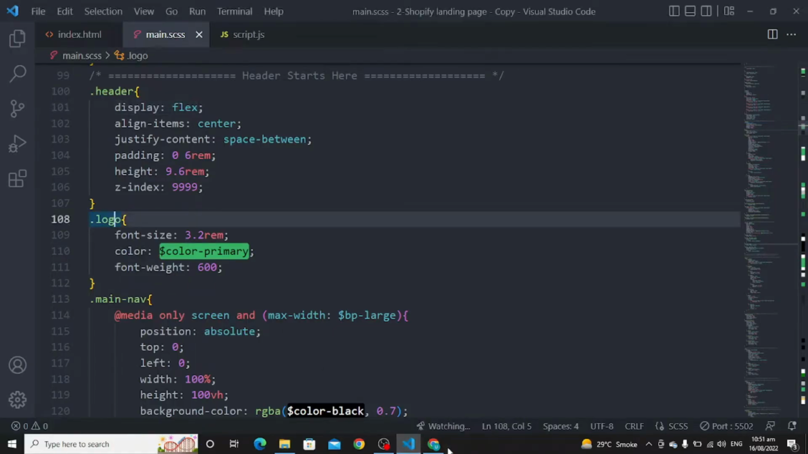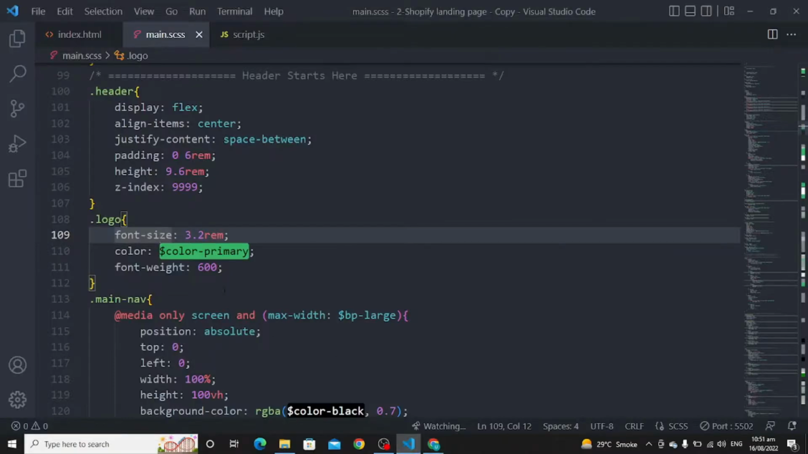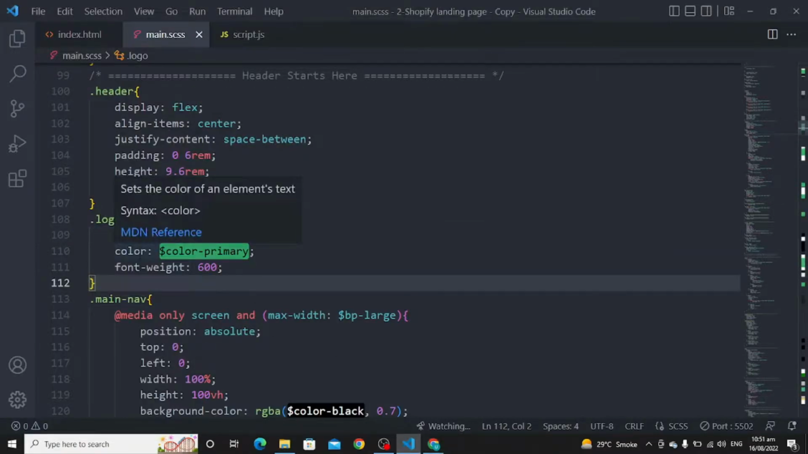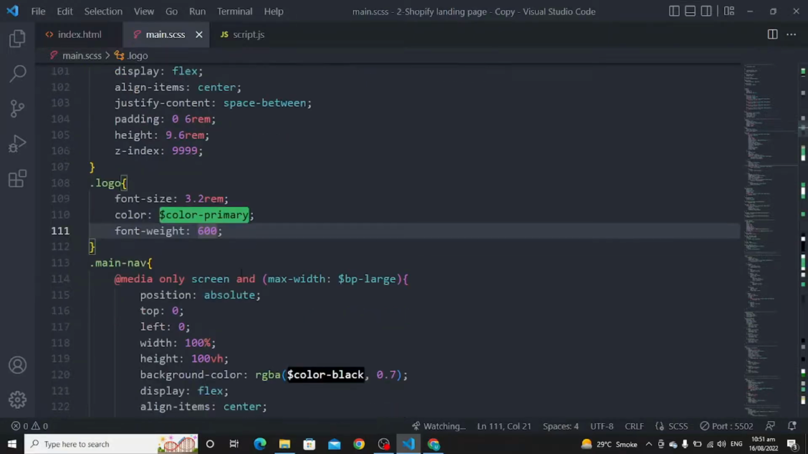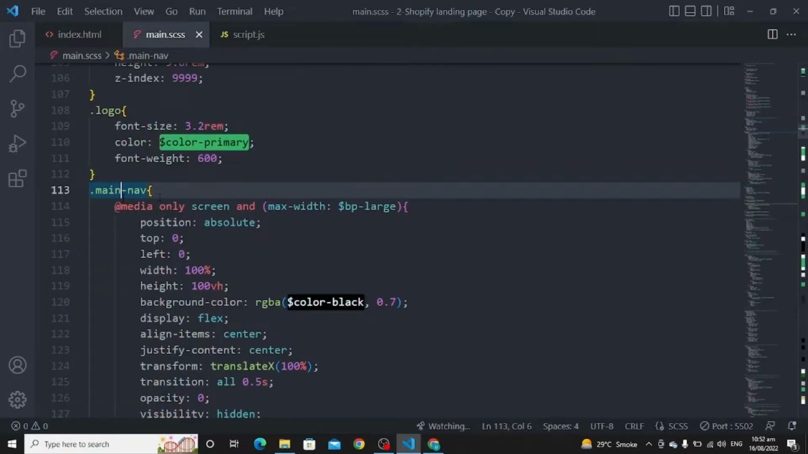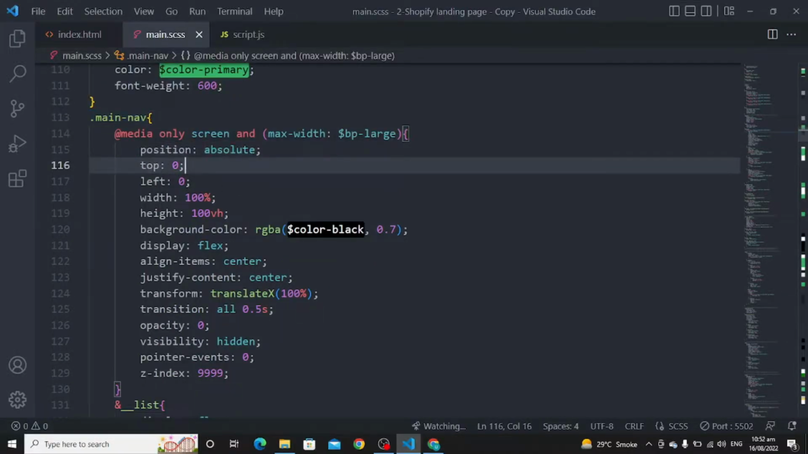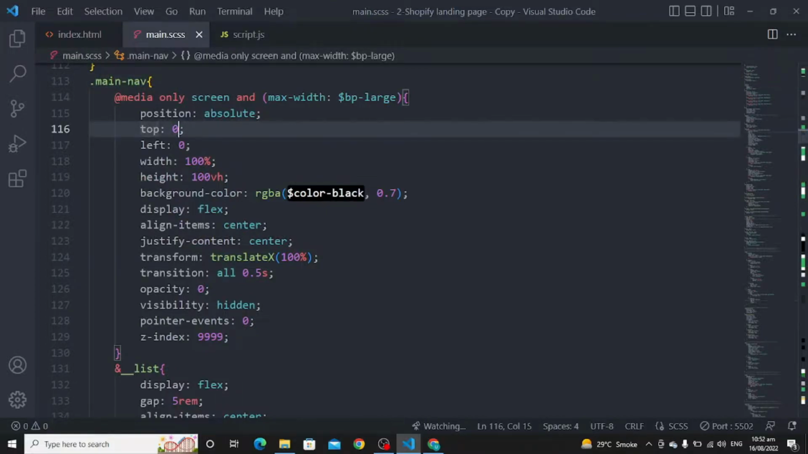Then for the logo, we have used the font size to 3.2 rem. It's best for my page, for my website. You can change it according to your website or your needs. And I am going to use the color primary and font weight to 600. Then the main navigation. In the main navigation we have unordered list and anchor. In main navigation we have position to absolute, top to 0, left 0, width 100% and height 100